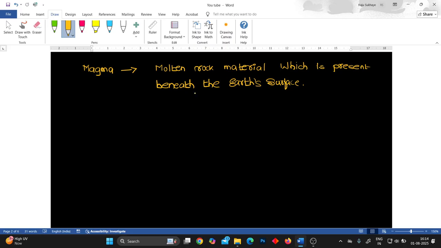So magma is nothing but a molten rock material which is present beneath the